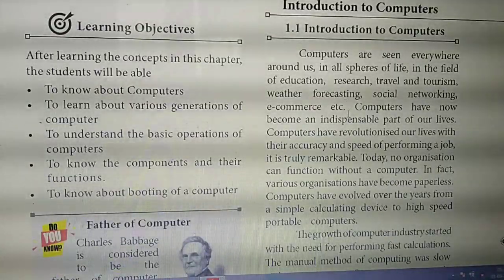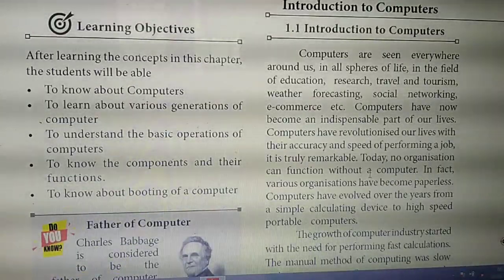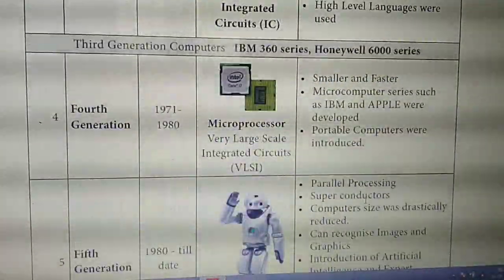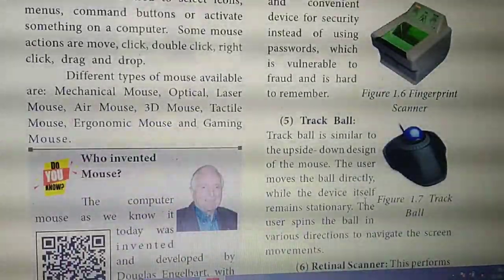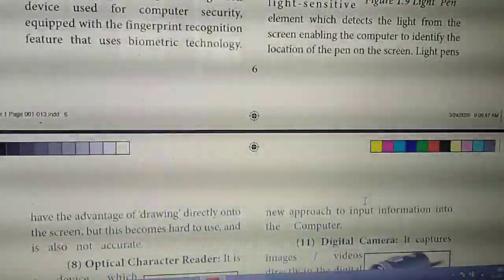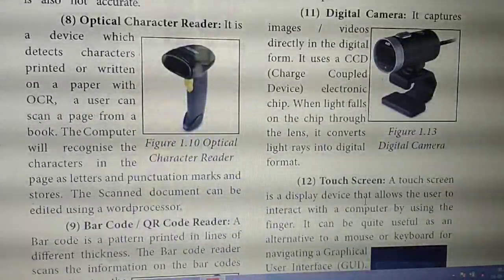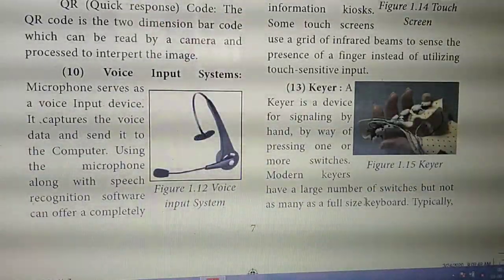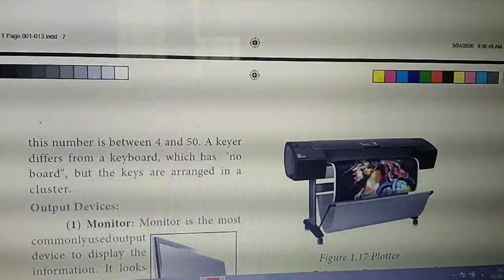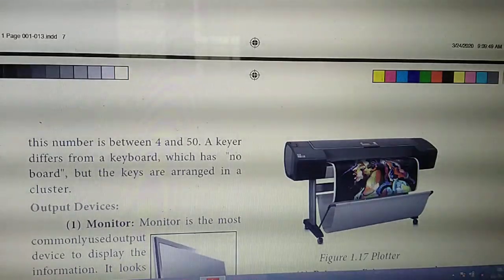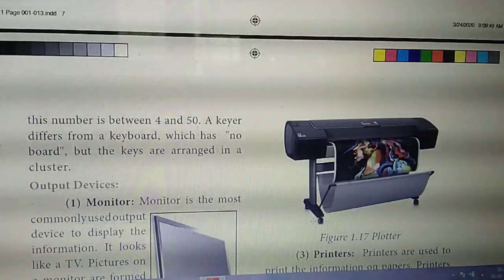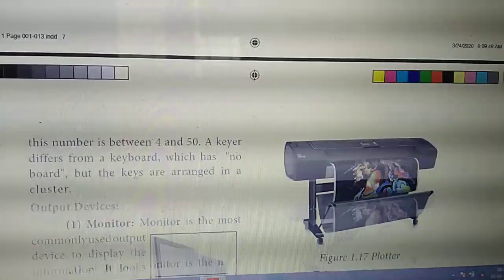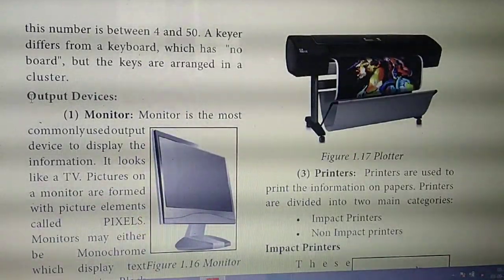Have you marked? Then fourth question. Name any 3 output devices. Page number 6. Take page number 6. Okay. So page number 6. They have given a lot of output devices. Sorry, not page number 6, okay. Page number 8. So near to the question, you rub it and write page number 8, okay. Output devices, page number 8, not 6, 8, okay. Page number 8, this one.